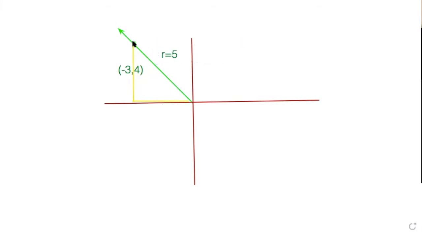And then the other thing we did was we looked at this right here and said, the slope of this is rise over run. So the slope of this, which is also called the tangent, right? The tangent of theta is equal to the rise over the run, which in this case is 4 over -3. Then we were able to take the arctangent of 4 over -3,